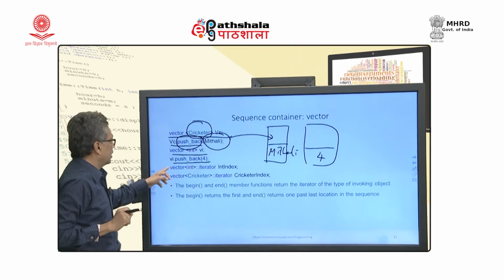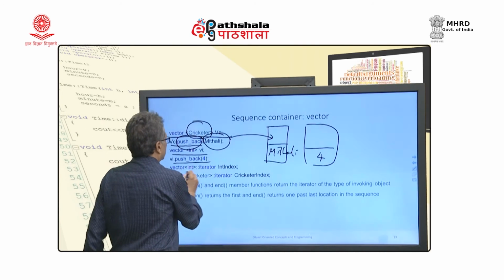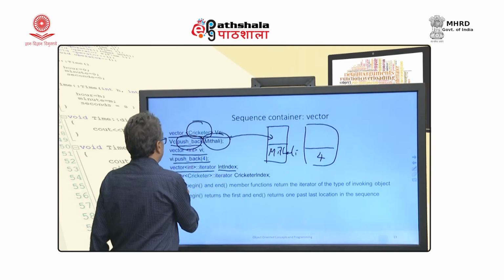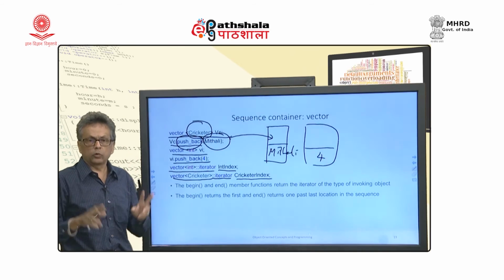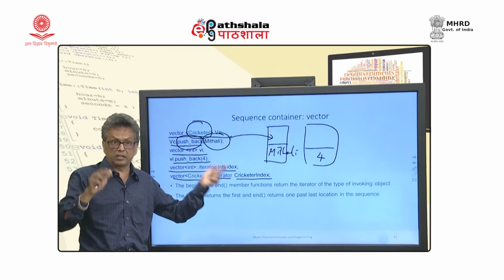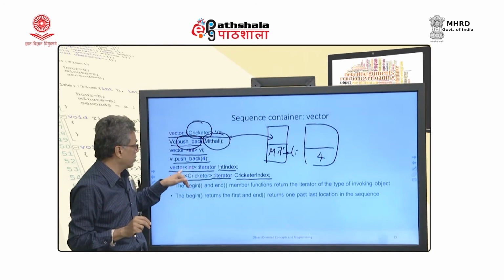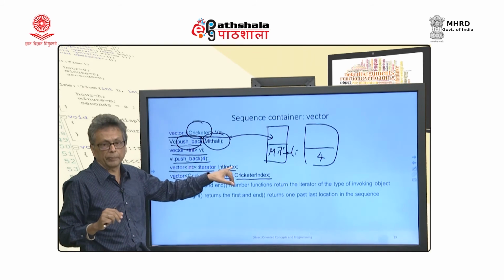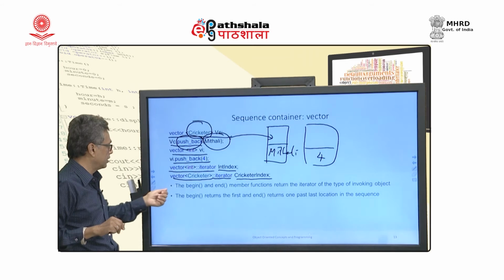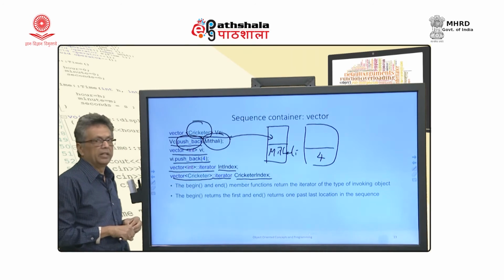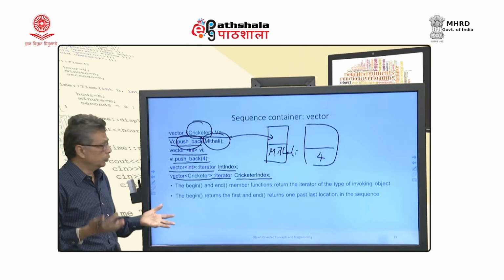Okay. Now, I am defining an iterator. vector<int>::iterator will be int index and vector<cricketer>::iterator will be cricketer index. So, there are two types of iterators and every iterator is different. Depending on the vector and the type, there is a separate iterator. There are functions like begin and end which I can use with all